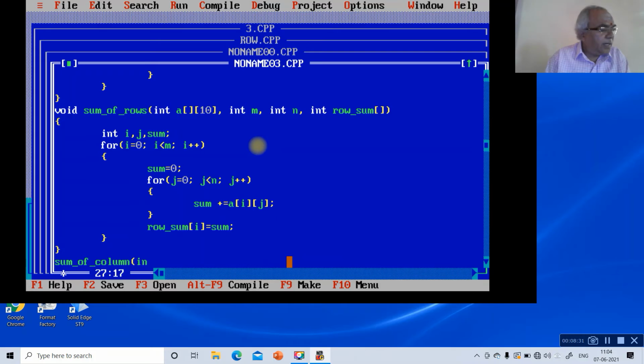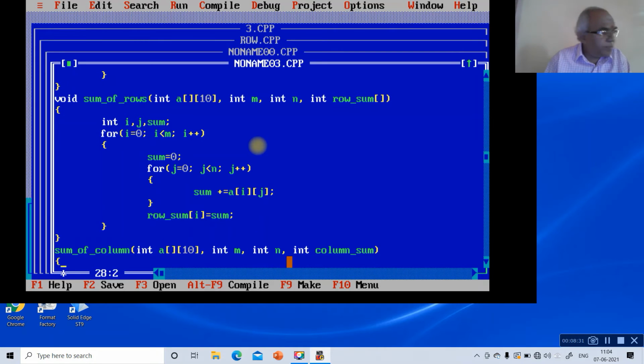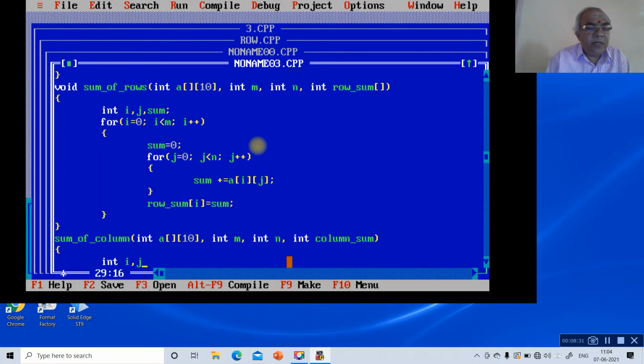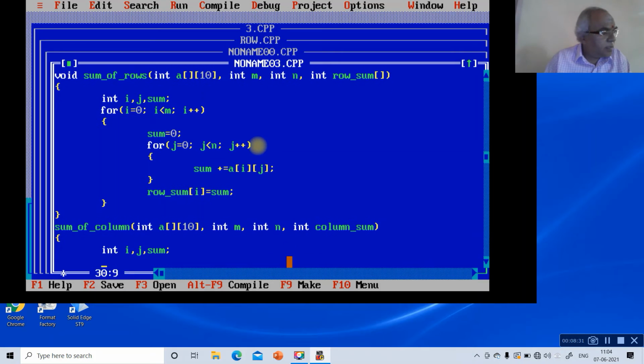column int a[10], int m, int n, int column_sum, then open this, int i, j, sum. Then for j equals 0, j is less than n, j plus plus.